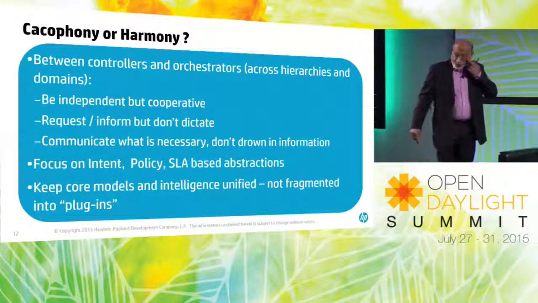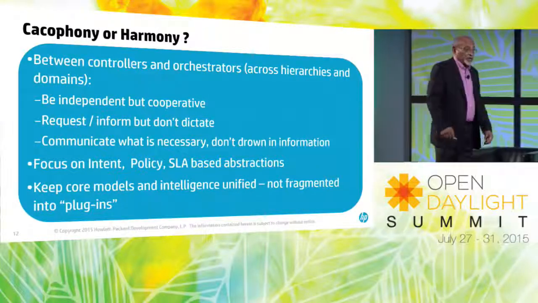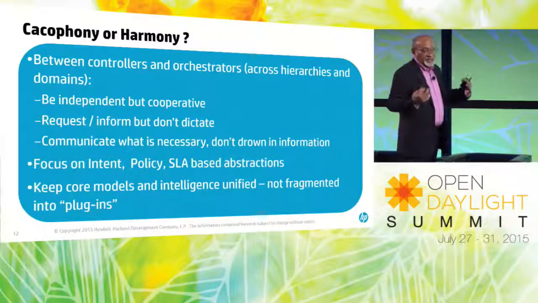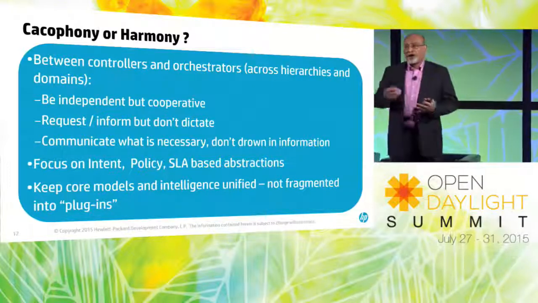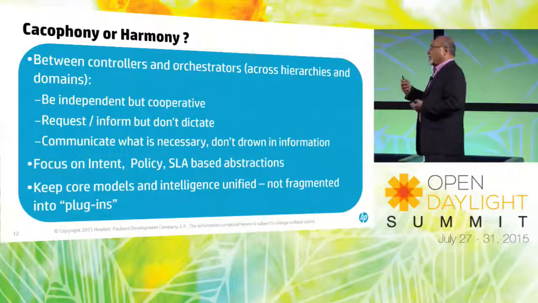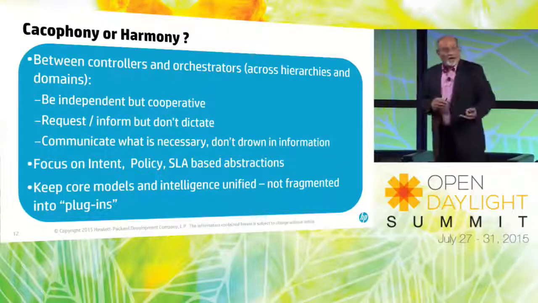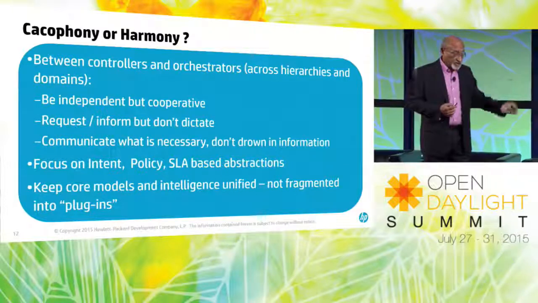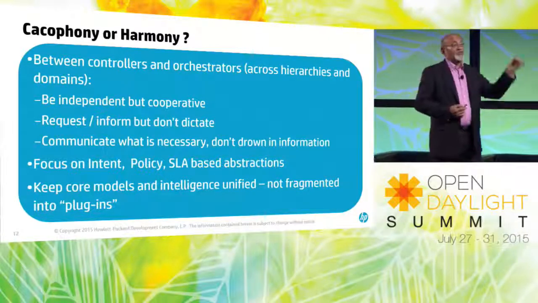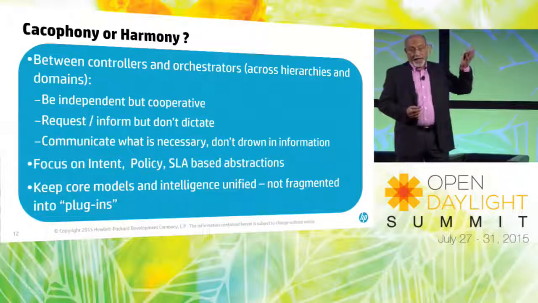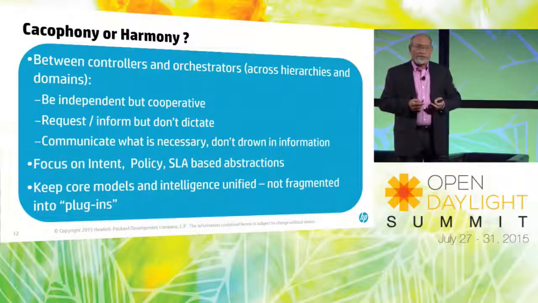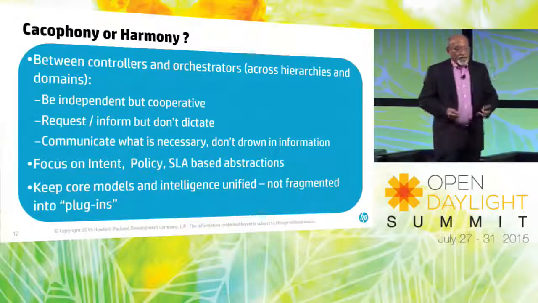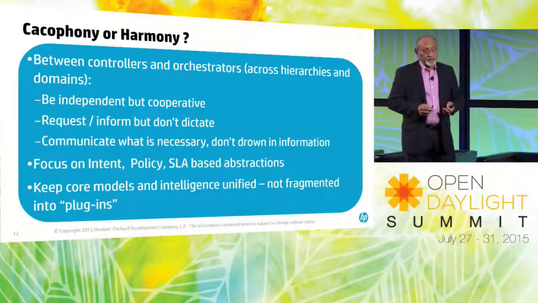And so my request to you is, as you design these things, think of them as independent but cooperative entities. There's going to be a need for request for functionality or request for action and response. There's going to be need for information. For example, the underlay may need to inform the orchestrator that there's a connectivity problem here, or there's a problem in terms of meeting the SLA, and then let the orchestrator take the decision it needs to do.